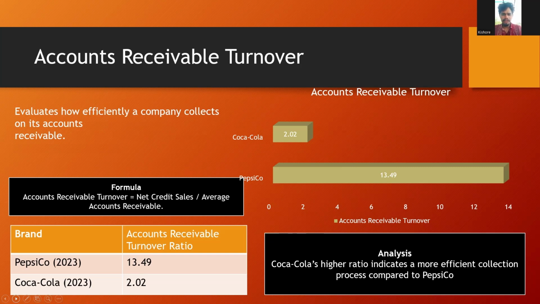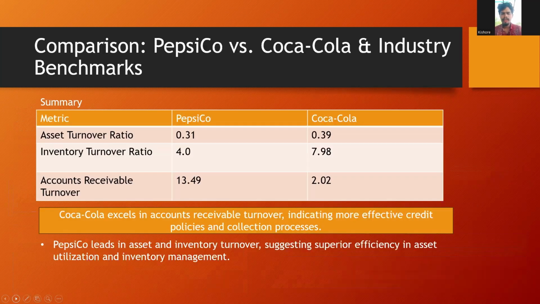And then the final part, the leverage analysis and the efficiency comparisons. Now let's compare the efficiency ratios, and as we can see in the graphs, Coca-Cola has much stronger ratios across the three types. The asset turnover ratio is higher than Pepsi's, the inventory turnover ratio is higher than Pepsi's, and the accounts receivable is also lower than Coca-Cola's. So this comparison is the industry benchmark. This shows strong areas and areas for improvement in how efficiently receivables are managed.